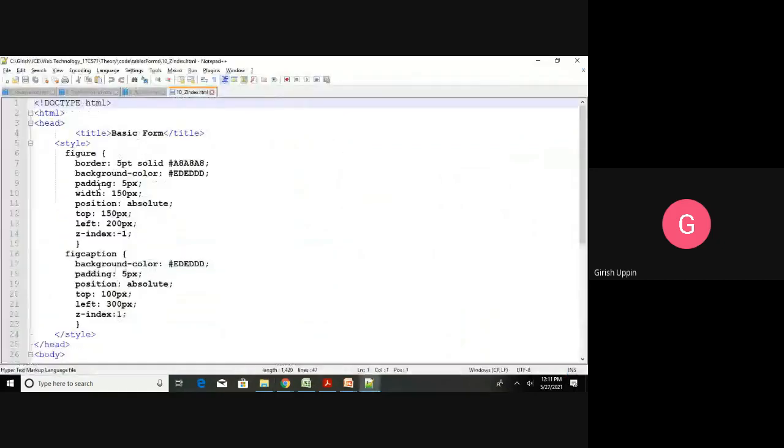Okay. You can see here I have figure Z index is -1, and for figure caption it is 1. So we will load this page. Rest of the things is same. There is no change in the document, same document.